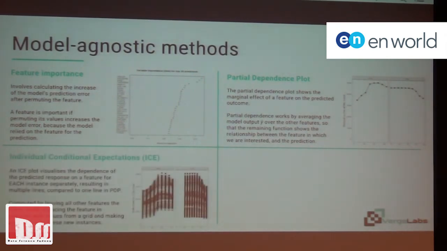Then you've got ICE, individual conditional expectations. That's actually very similar to the partial dependence plot. And again, there are a lot of different flavors of it. But rather than averaging everything, it looks at the local point. So if you look at one particular data point and see, if you hold everything else the same and change that one variable, what the effect on the predictor is, that's exactly what this graph is showing you. And it's just doing that for a whole lot of different data points.